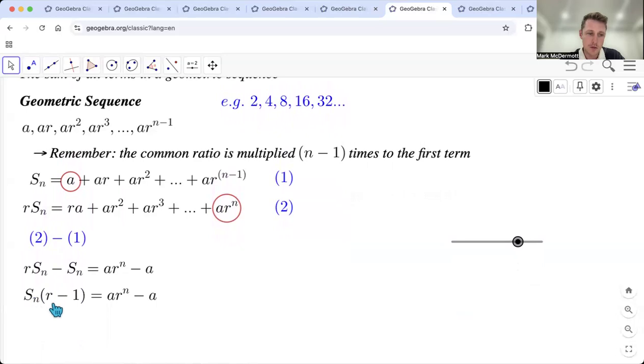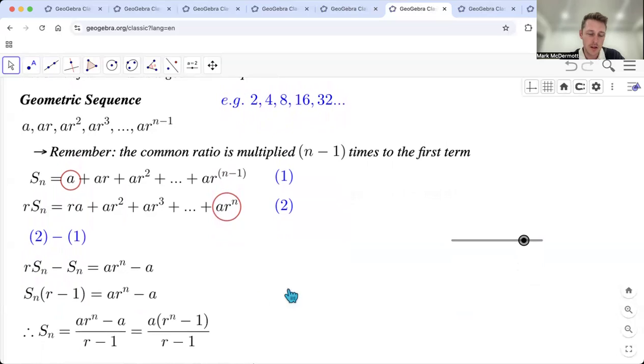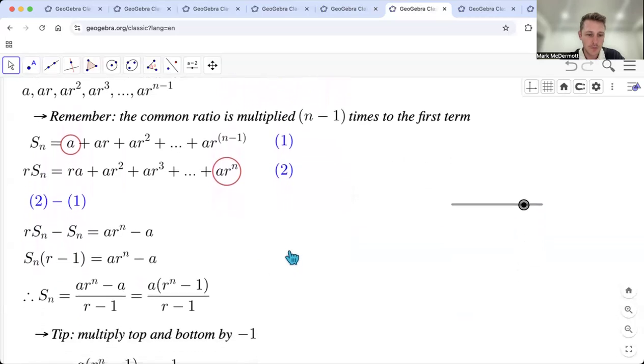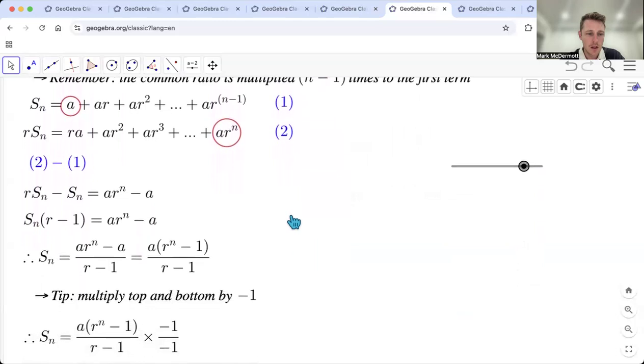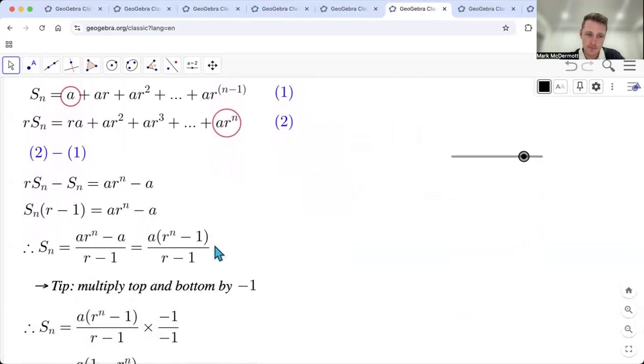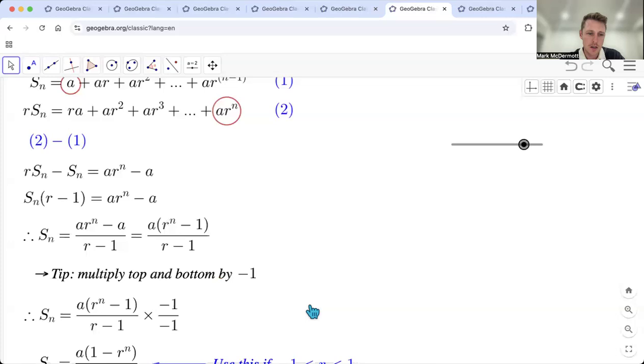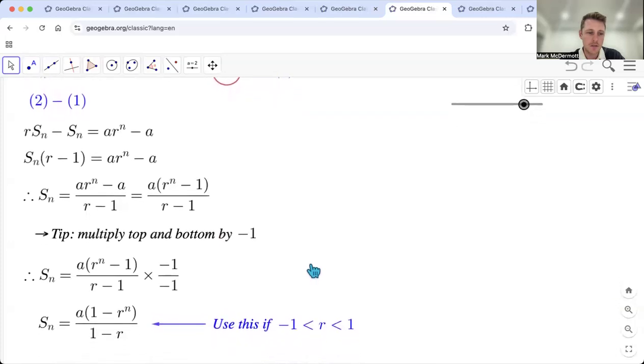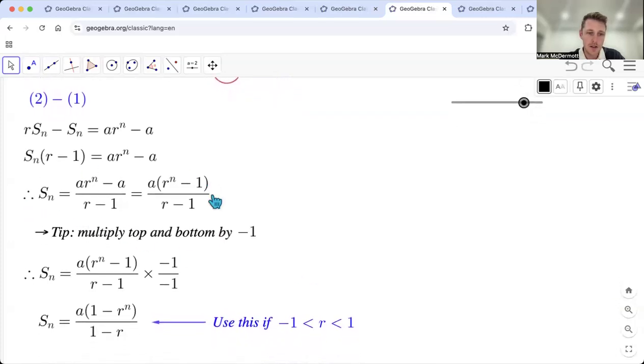So s sub n multiplied by r minus 1 equals ar to the n minus a. Okay, divide everything by r minus 1, and you get this. That's totally fine. That is the geometric series. That is how you work out the geometric series. Again, a is the first term, r is the common ratio, and n is the